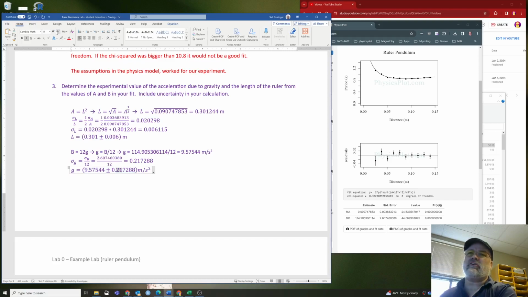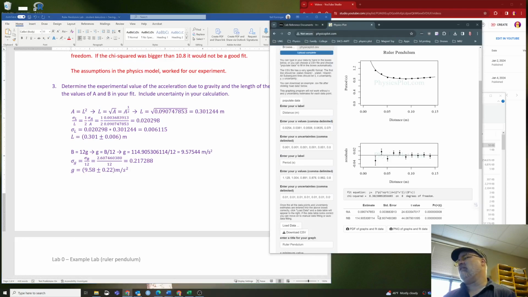Again, we start with the uncertainty first. Look at the first 3 digits. It's in a specific range that tells us we need to keep 2 digits. So the 2 digits we're keeping are 0.22. Now, this has 2 digits after the decimal, which means I also need to keep 2 digits after the decimal here. So we're going to round that to 9.58. So 9.58 plus or minus 0.22 meters per second squared is our G that we calculated from the value of